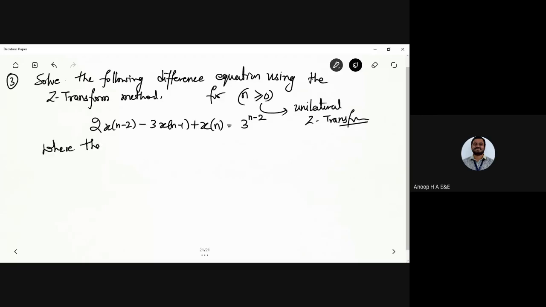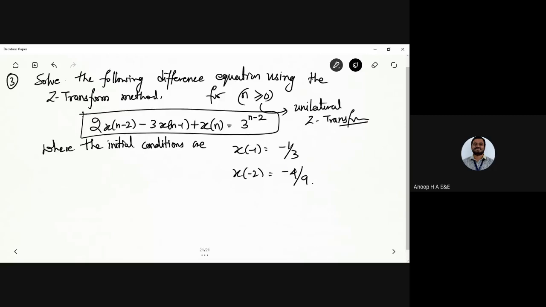The initial conditions are x of minus 1 equals minus 1 by 3, and x of minus 2 equals minus 4 by 9. So this is the given difference equation, and these are the initial conditions that have been prescribed, x of minus 1 and x of minus 2. These are the two initial conditions which are given, and the difference equation is given, and you have to solve it